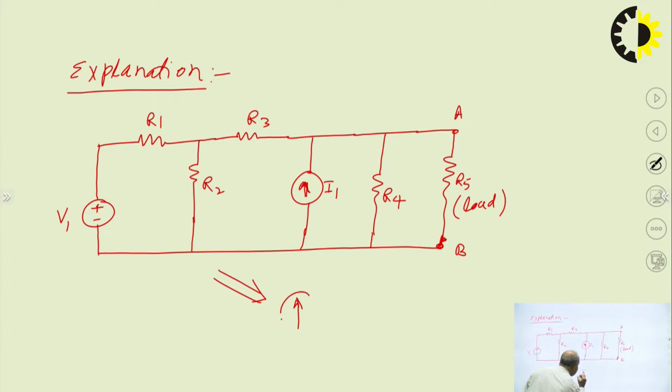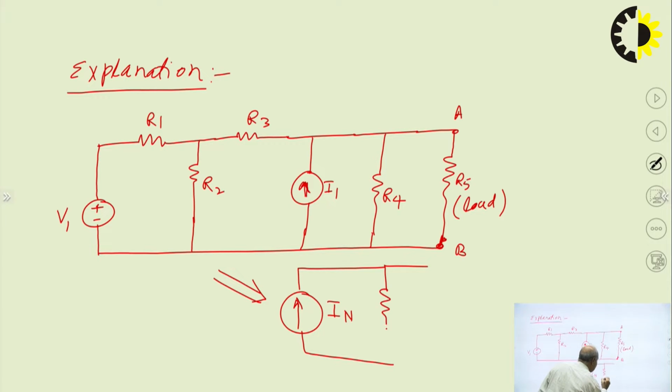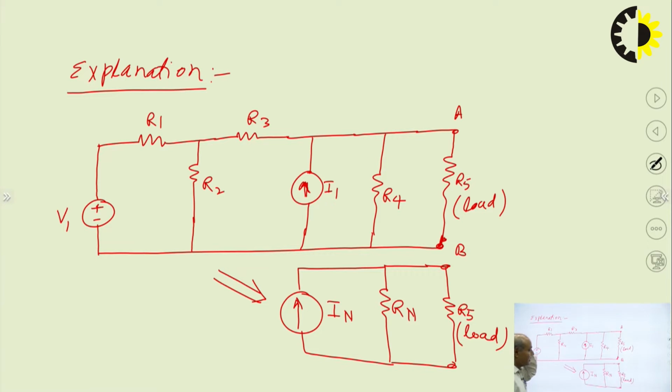So this circuit we will replace by a simple two terminal network in which there are two elements. One is a current source, known as Norton's equivalent current or short circuit current. We will explain why it is called short circuit current. The other is a parallel resistance Rn across the load terminals. Our load remains the same, the branch R5. According to Norton's theorem this circuit is equivalent to the original, and we have to calculate the current in this branch.